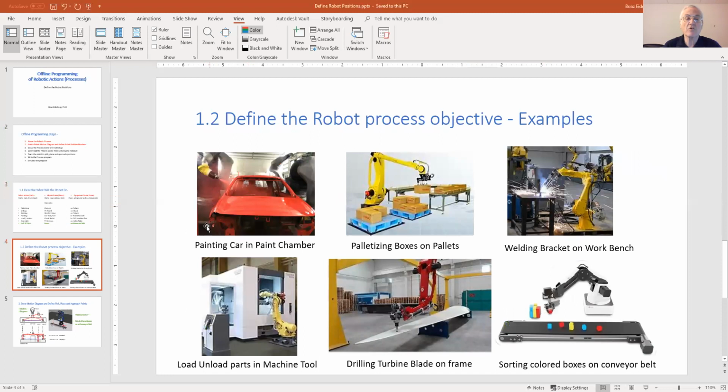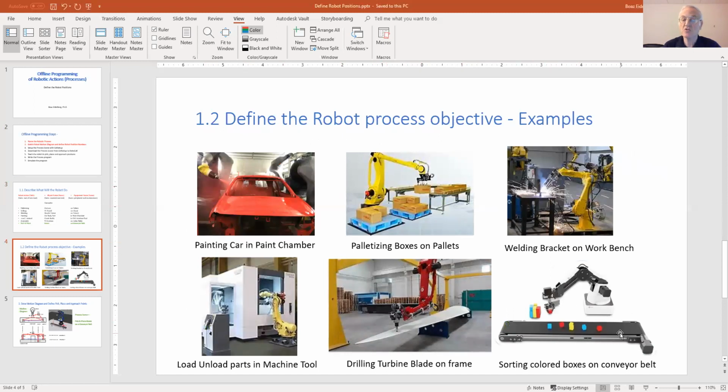Here's an example of a robot painting a car in a paint chamber. Here's an example of a robot palletizing boxes on pallets. In this picture, we see a robot welding a frame, a bracket, on a workbench.